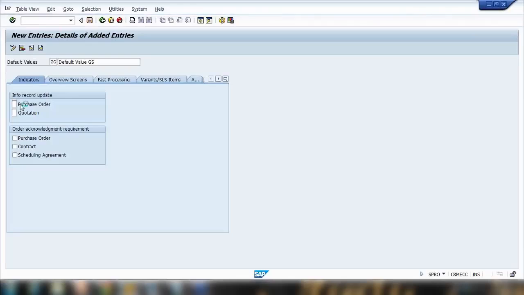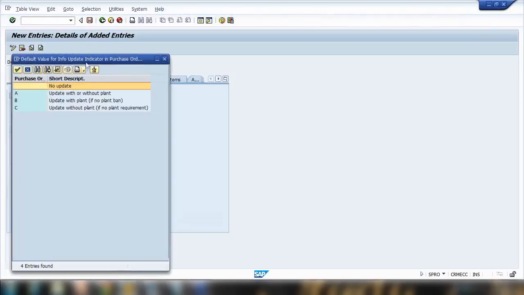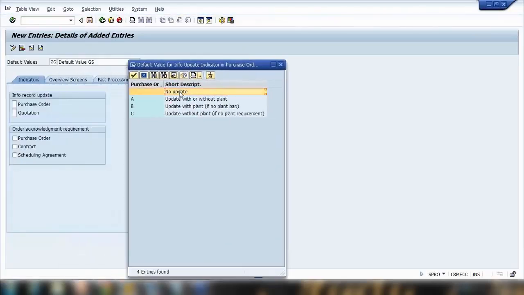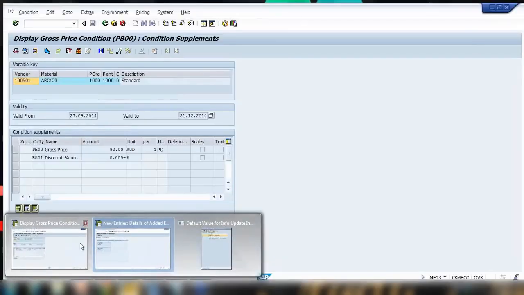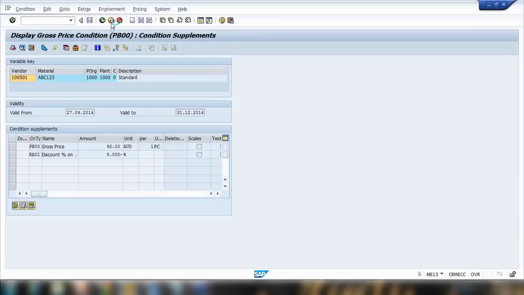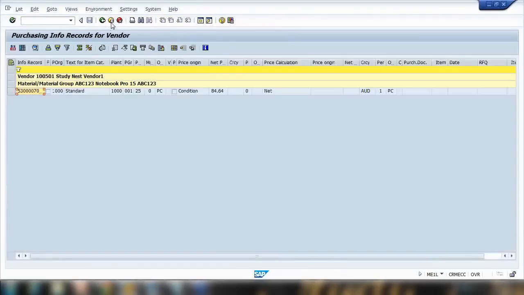How should the info record update happen for a purchase order? What do you want to do? No update means unchecked. Or update with planned or without planned. What that planned means is, when you create a PIR record, let me explain the PIR record again. When you create a PIR record in ME11,